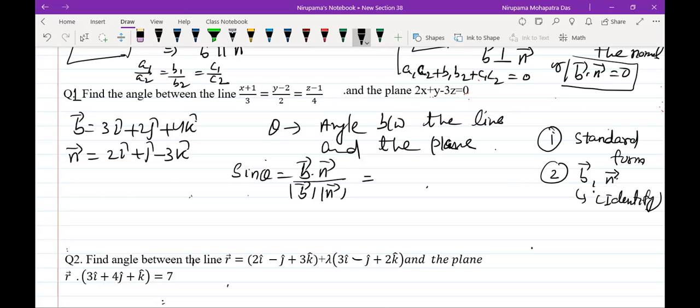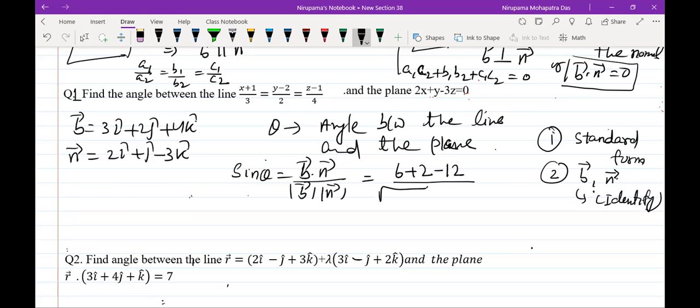Which is equal to b dot n: 3 into 2 is 6, 2 into 1 is 2, 4 into minus 3 is minus 12, divided by